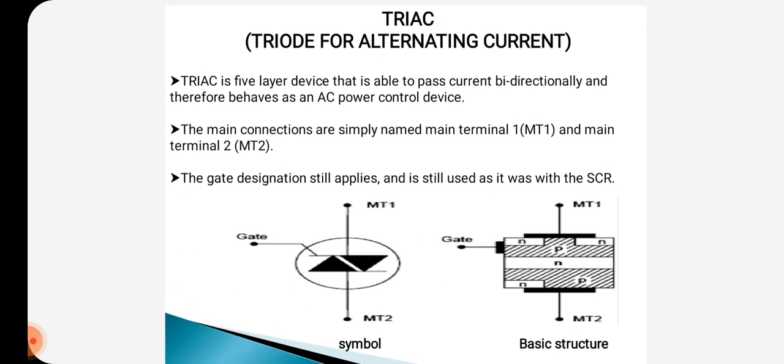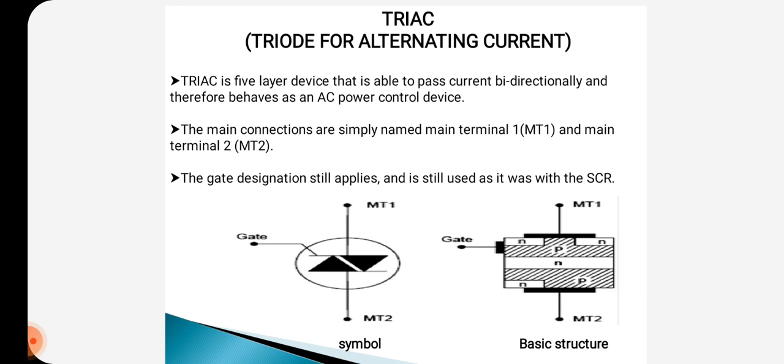Now the second one is TRIAC. TRIAC means triode for alternating current. TRIAC is a 5-layer device that is able to pass current bidirectionally and therefore behaves as an AC power control device. The main connections are simply named main terminal 1, that is MT1, and MT2, and the gate designation